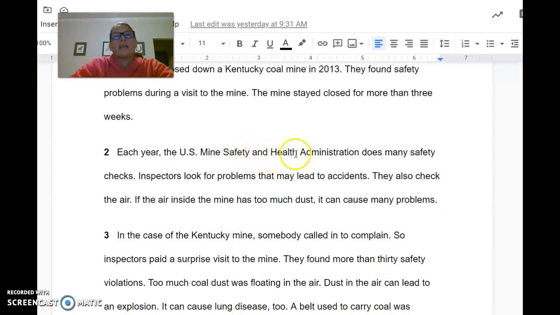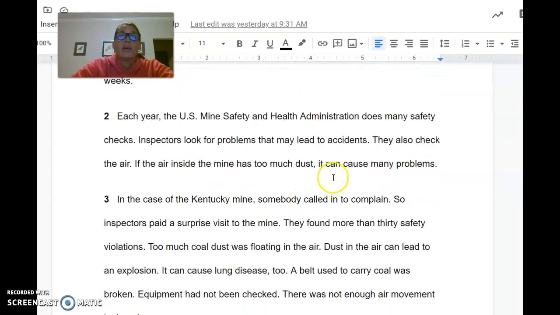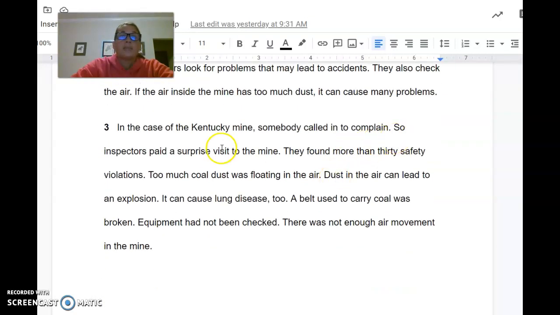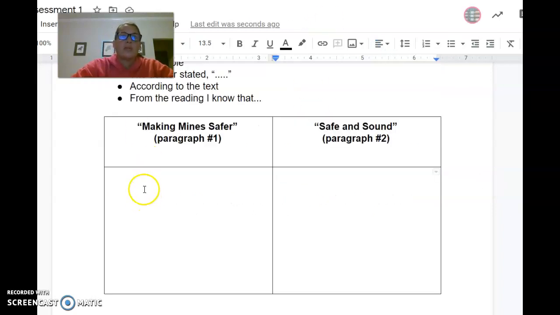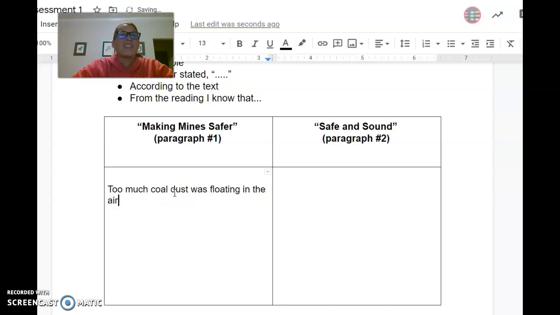Each year, the U.S. Mine Safety and Health Administration does many safety checks. They look for problems. They also check the air. So let's see. They found too much coal dust was floating in the air. So that would be a problem that I might add to my chart, and I'm not doing all of this with you, I'm just giving you a couple examples.